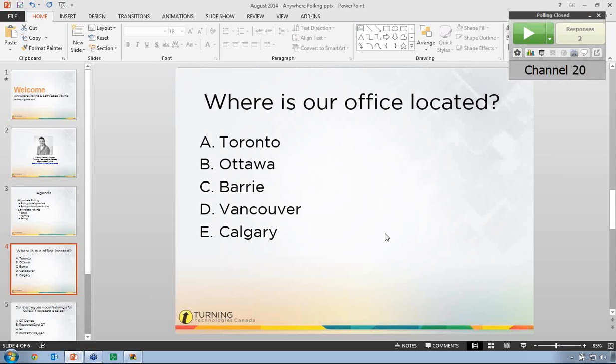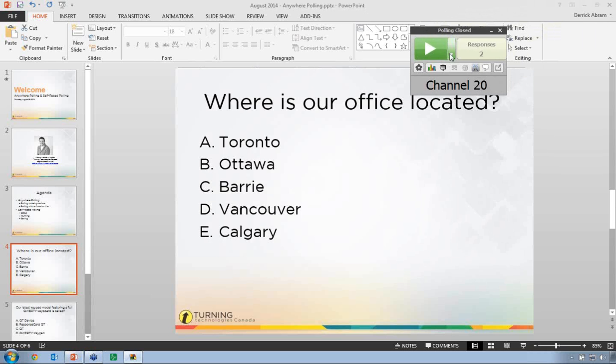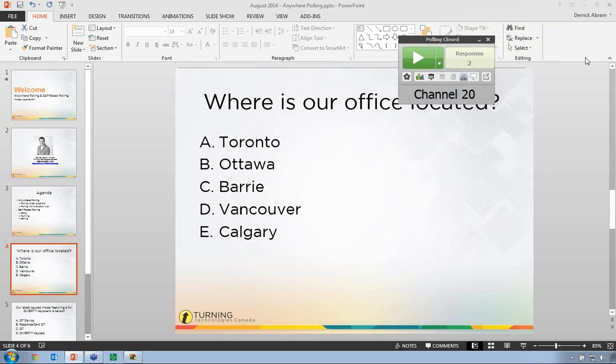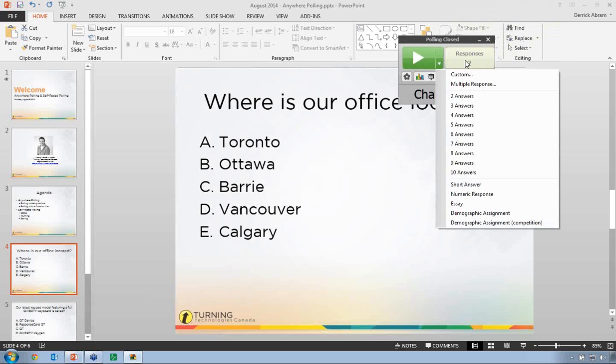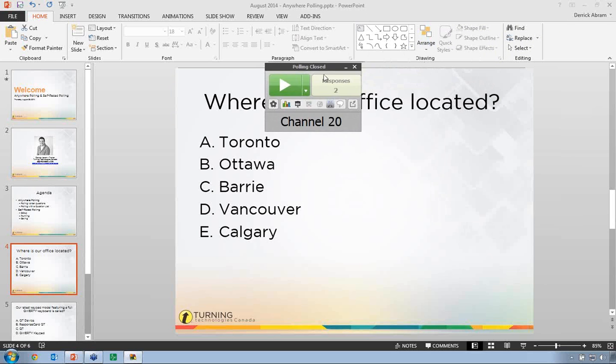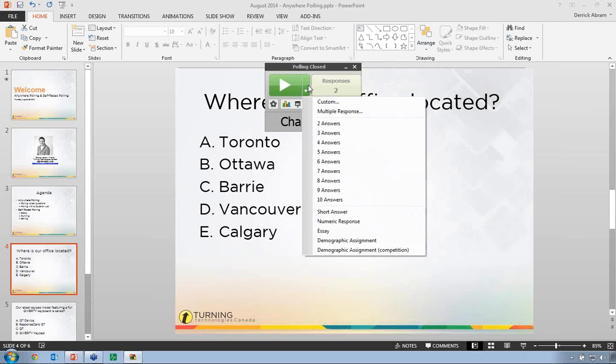Now, one of the things that you will notice in your window here, let me just show that here, is that there's a bunch of different question types. So just like we've seen over the last few sessions within PowerPoint-based polling, you do have the ability to create short answer questions with Anywhere, numeric response, essay, demographic assignment, and team competition.